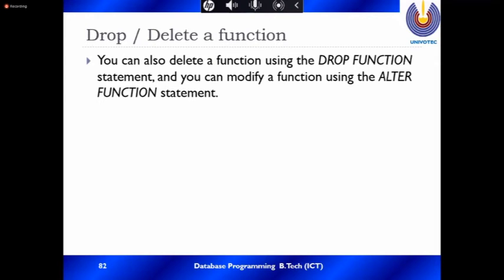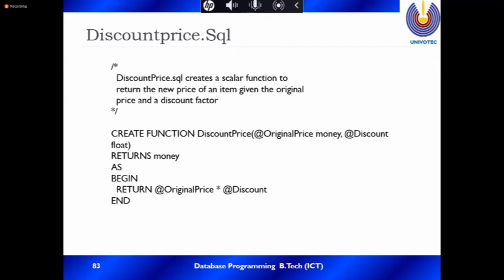Create the new function. This is the discount price function. CREATE FUNCTION discount price, where we are passing two parameters.